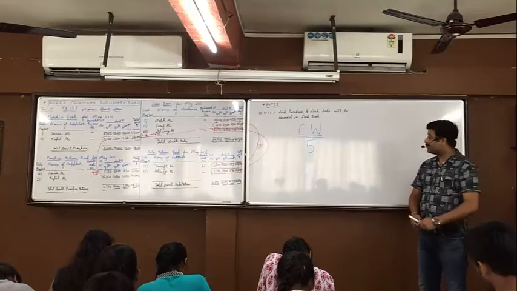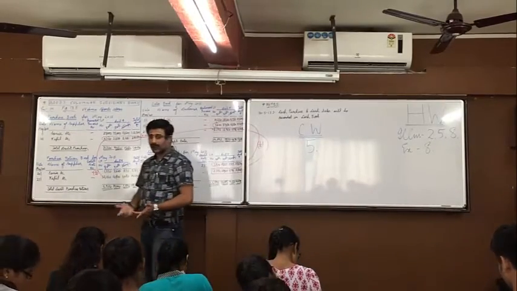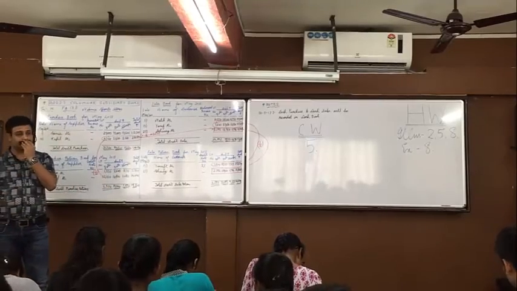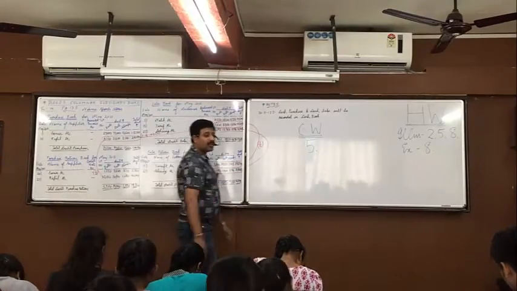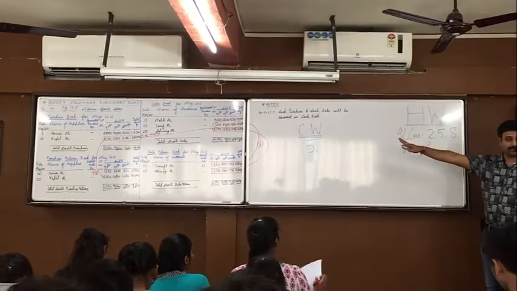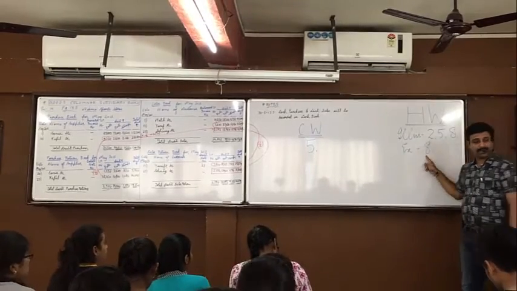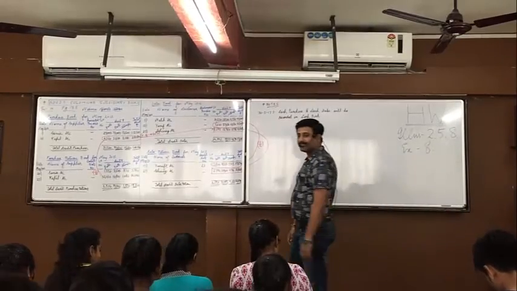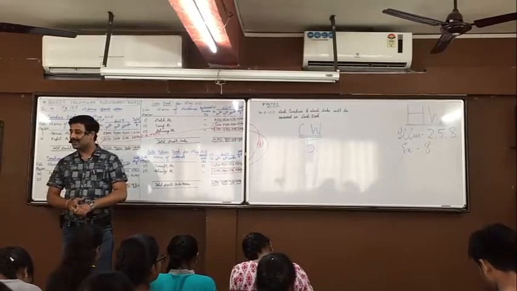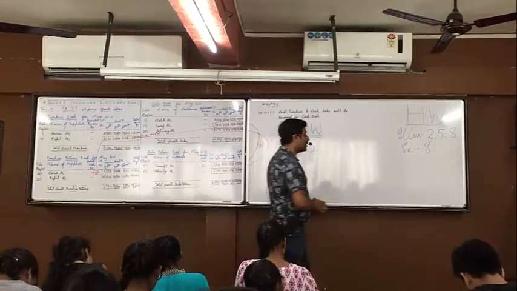Start solving it fast, everyone. Now only one type of question remains, expense columnar. So on Wednesday this chapter will get over. Okay? 1 and 3/4 question I am giving in homework. Here you have to make only purchase book. Here you have to make only sales book. So 1 and 3/4 question. Start solving it fast. Question 5. Any confusions you can ask me, and I'll discuss the answers also at the end.